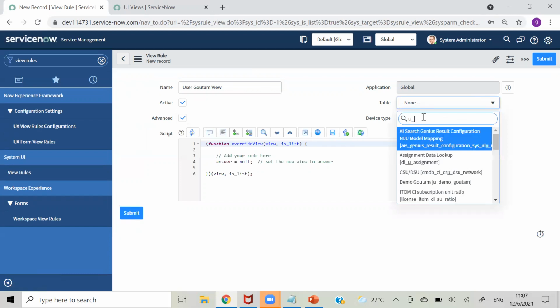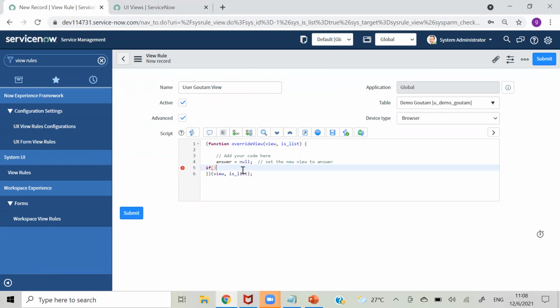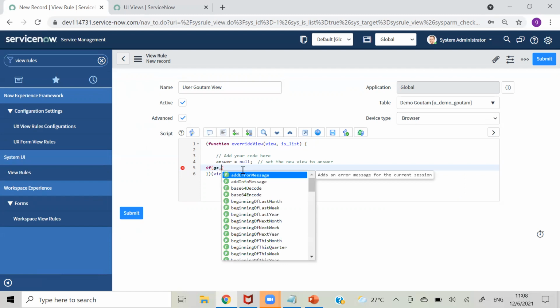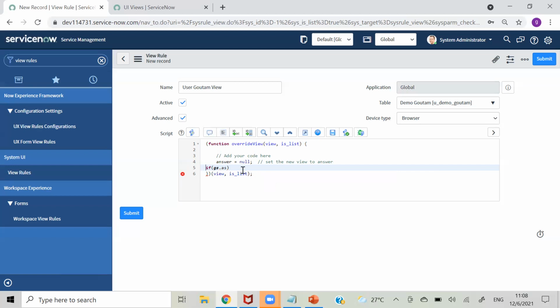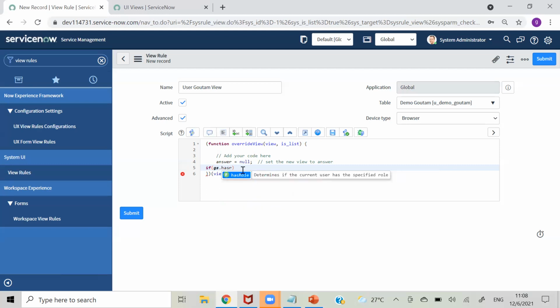Here we have our table demo Gautam, and then this is on browser. So here we have to write our code. You will understand this while we are working on the scripting part, but just for now I am explaining this view part. Sorry. So in same like in .NET, we also have IntelliSense here. If you type anything and dot, it will show what options we can have.